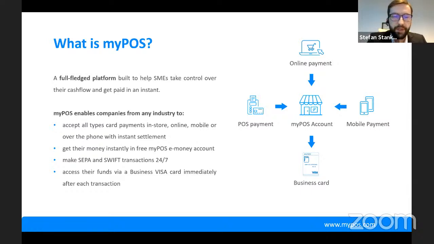It's a self-setup process. So compared to the typical registration for a bank account, you do it all yourself on your smartphone, and you can upload all of the documents and information needed on your smartphone directly in your application. And in your account, you manage everything from your smartphone. All of the money goes into your account, and you can use it immediately in a split second via your MyPOS business card. It's a business Visa card, which you can use anywhere.